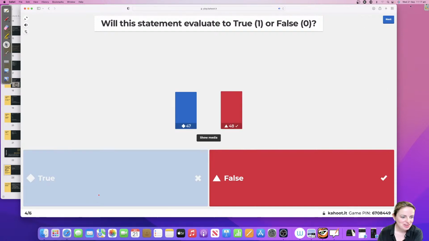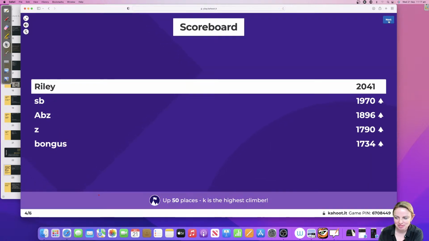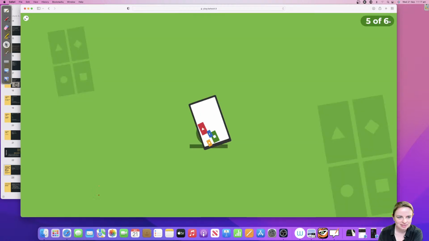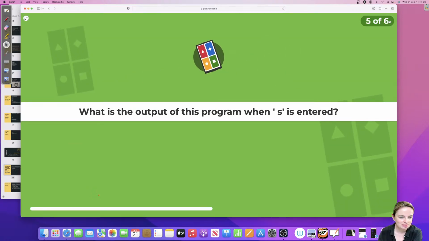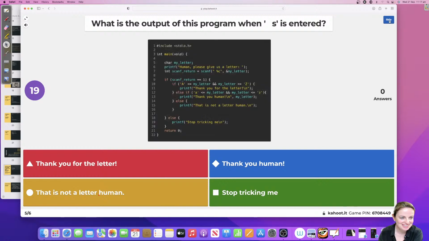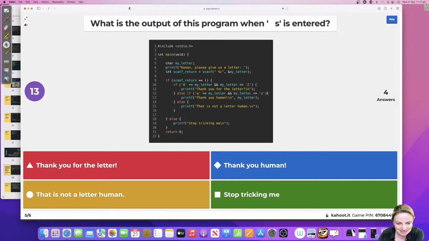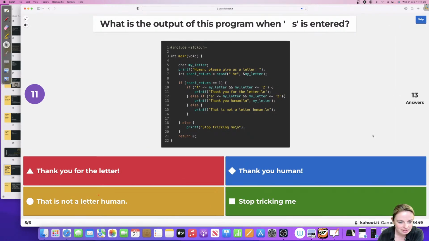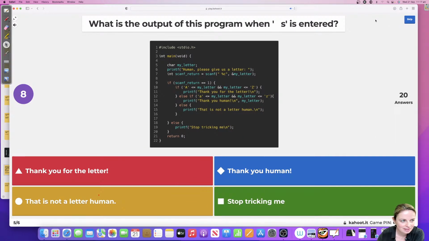Oh, an equal tie. Wow. People didn't see the not, I think. Okay, a bit of movement. I think there's one more question left. No, two more questions. Oh God, it's another huge snippet of code. Can you see it or not really?